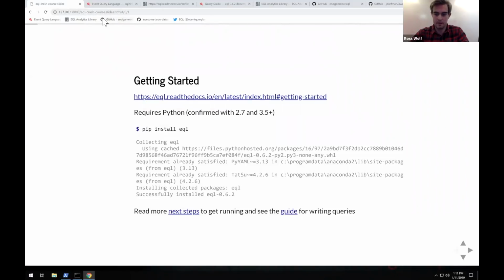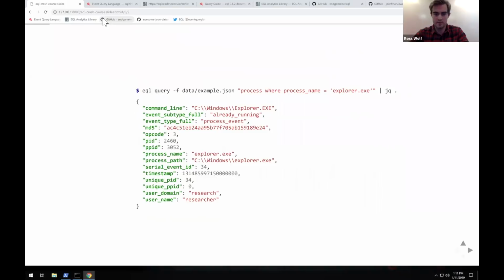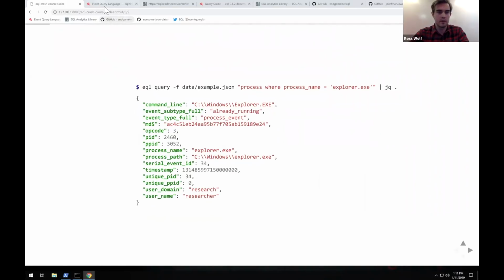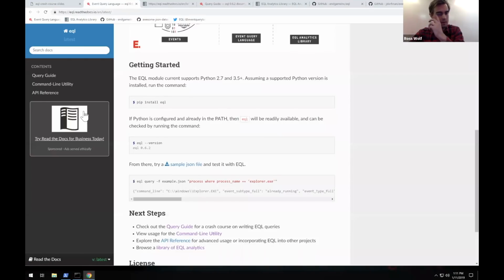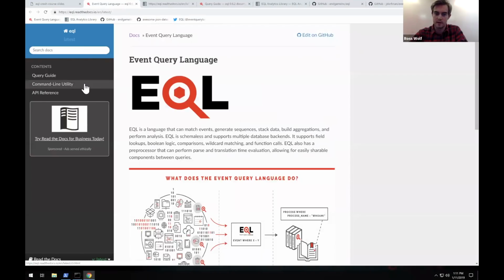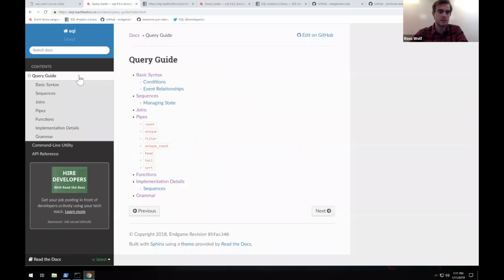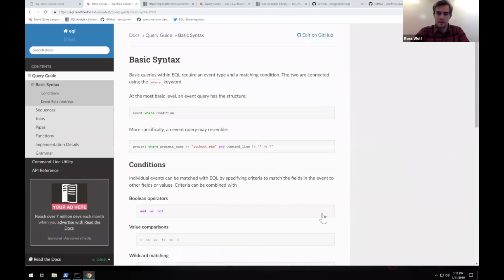And then yes, this is what we just ran. We can go within EQL. We've got some rules. The next question would be, how does the language actually work? How do I use it to ask questions? So I'm just going to walk through some of the high level things of what we can express and how to search for things. As we saw with the process where process name is explorer.exe example, every query